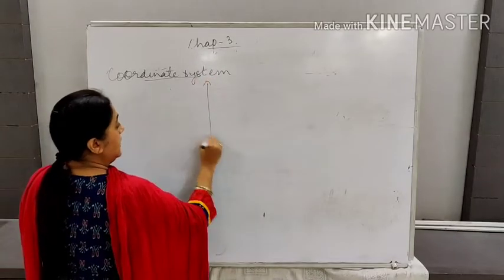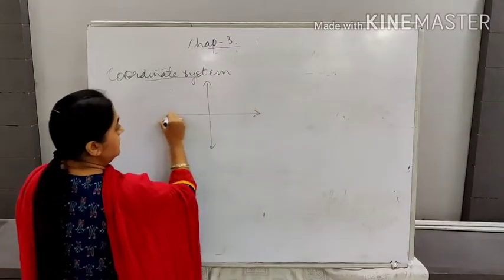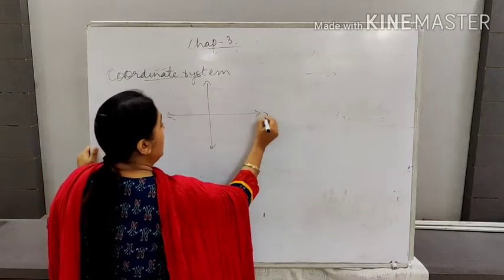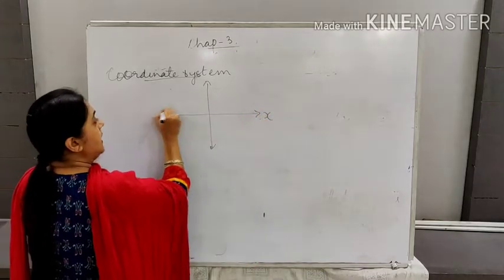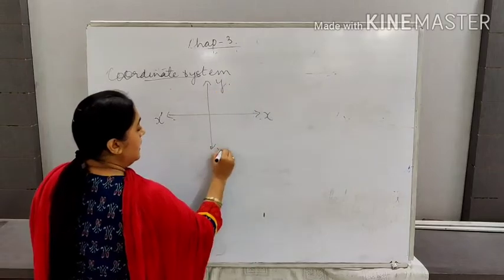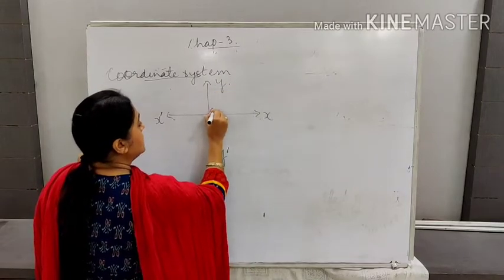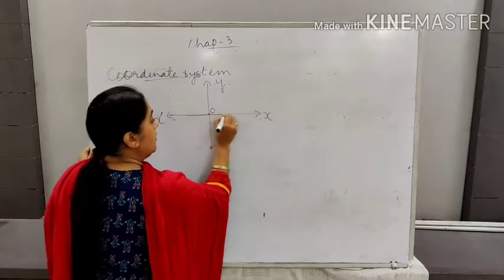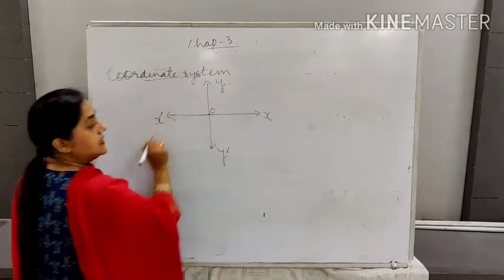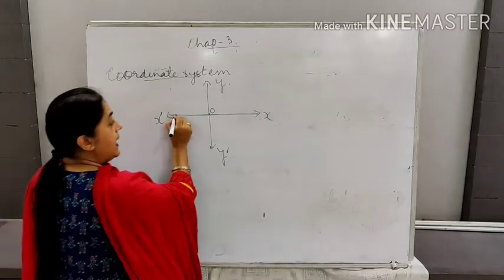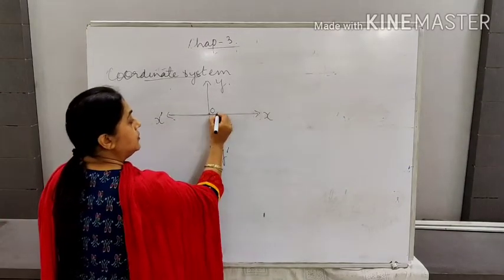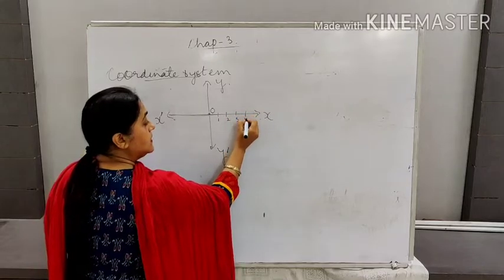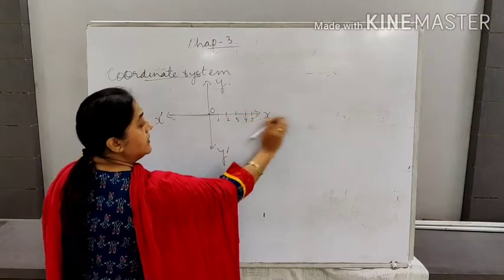What I said, I have a coordinate system. I have this as x. Let us write small this time. If this is x, then this is x dash. This is y. So this is y dash. This is origin. And when I am talking about the points on the x axis, please check. If I talk about points on the x axis, this is 1, this is 2, this is 3, this is 4, this is 5 and so on.